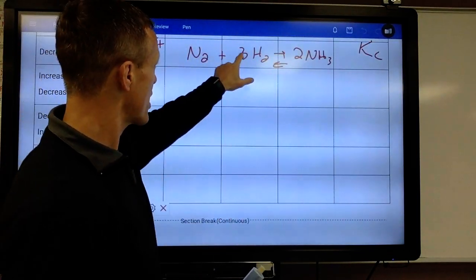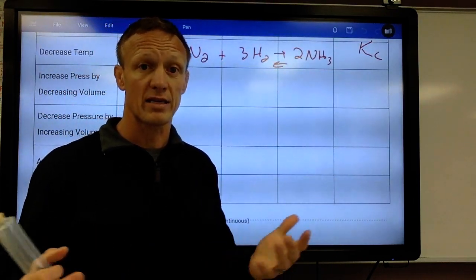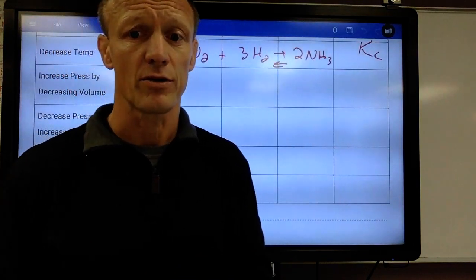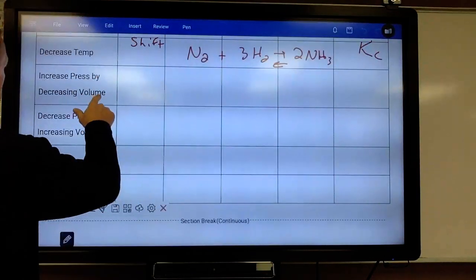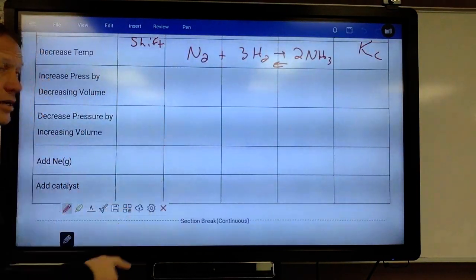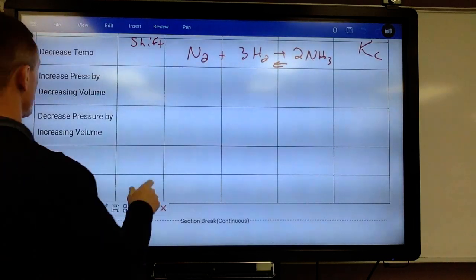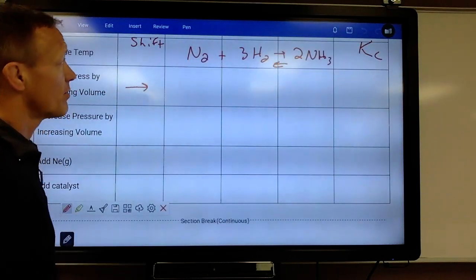Well, this side of the reaction has 4 moles of gas. That side has 2 moles of gas. 2 moles of gas take up less space than 4 moles of gas. Remember, at STP, a mole of gas takes up 22.4 liters. So in this case, if we are increasing pressure by decreasing volume, the reaction will shift where there are fewer moles of gas. We have less space, so the reaction will shift right,